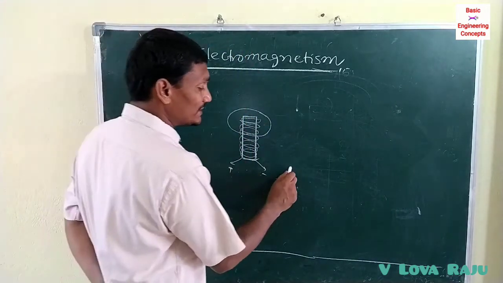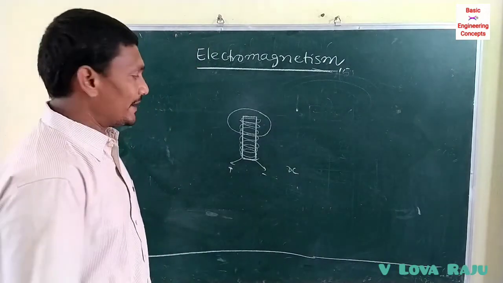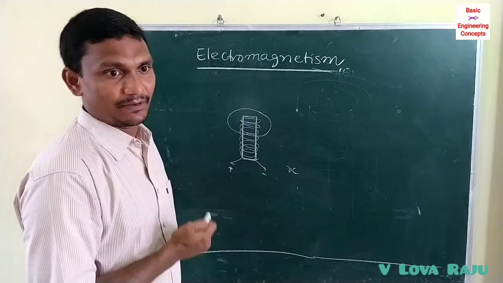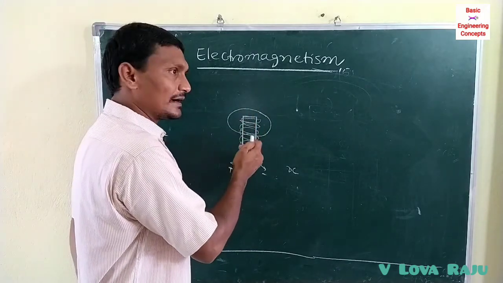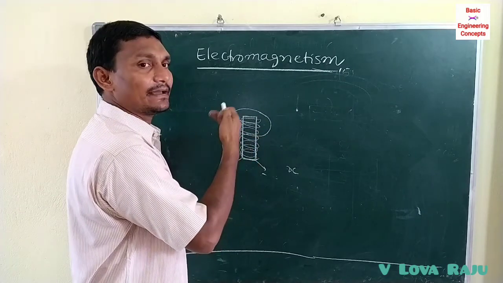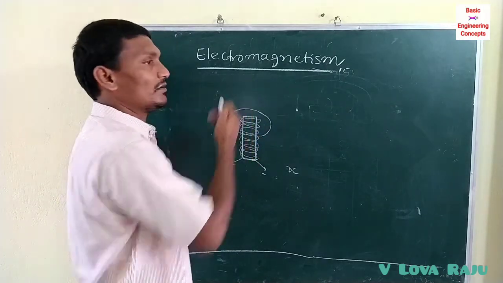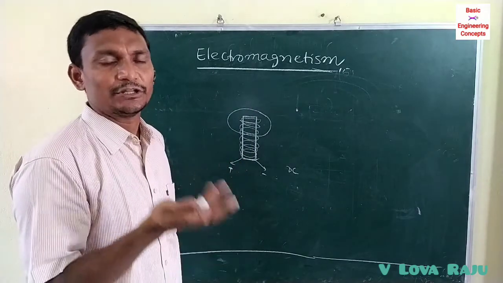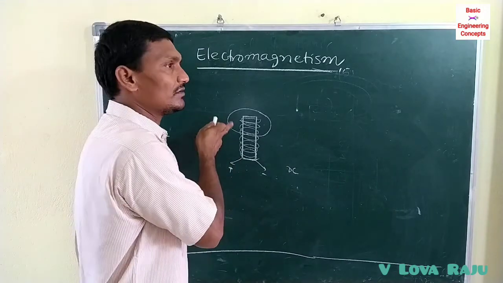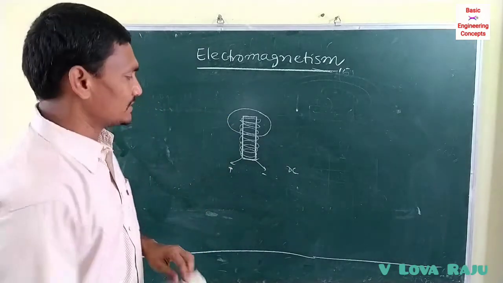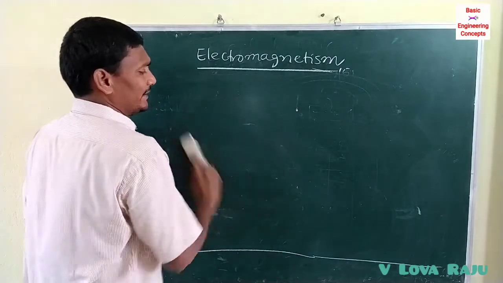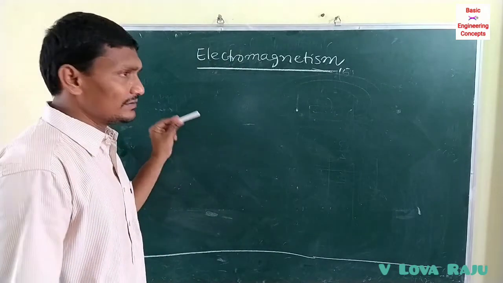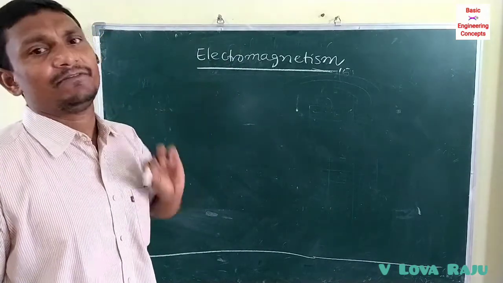If it is subjected to DC current, direct current, the ring rises to a certain height and falls down. Because instantly some current is carried in the conductor, the magnetic flux increases, so the ring is lifted. After a few seconds, the constant current flows and there is no change of magnetic flux. That's why the ring falls. When the ring is subjected to AC current, it is lifted to a certain height and stays. When subjected to DC current, it is lifted to a certain height and falls down.